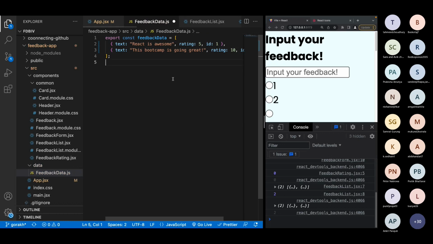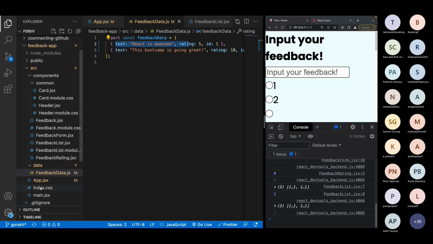Maybe you can try rendering this rating somewhere here. That's no big deal, but this is the format that we already have. We have text, we have rating. We can generate the ID ourselves actually, these are random IDs. No big deal, but we want to grab this text and rating from feedback form to